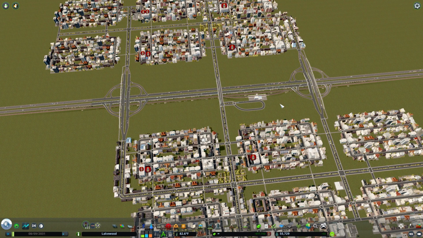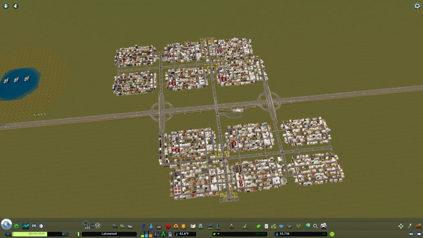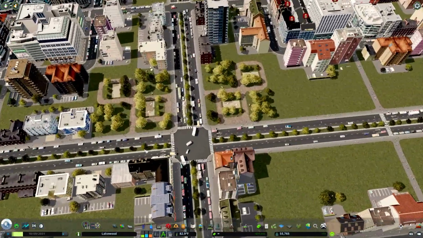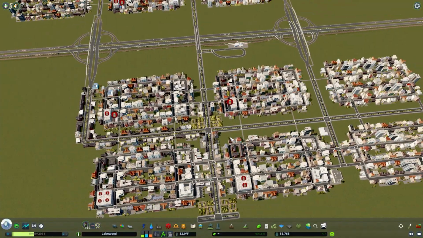I'd like to continue this with a second episode. Today was the macro of traffic in City Skylines, so a zoomed out look and thinking holistically of the whole city, and really thinking of it as connecting different parts and effective transit, things like that. The next episode will be the micro. So we're looking at the small things. We're going to look at these individual intersections and think about what can be done to help